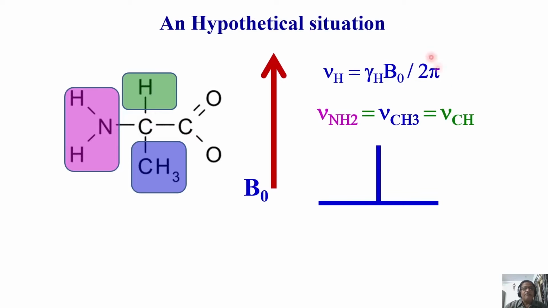I took the simple example of a small molecule. Of course, you can take any molecule of your interest. It could be even a very big protein molecule, any big biomolecule, does not matter. Now, as far as this equation is concerned, with our basic understanding, whatever the molecule you take, there may be any number of functional groups present here, any number of protons present in that molecule. I must get only a single peak for proton NMR.